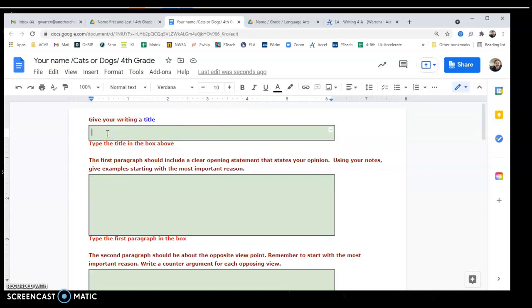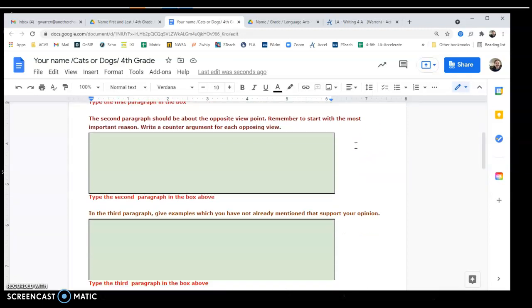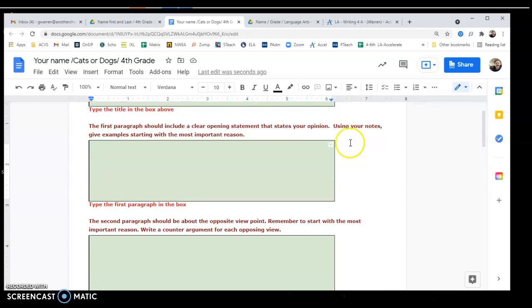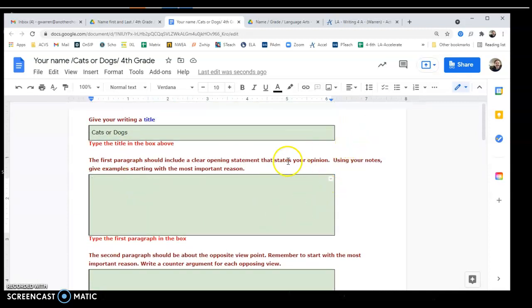Okay, when you put in your title, you can just put in cats or dogs, right? And you go on down each of these and you fill in the information. These boxes are just to give you prompts to help you with your writing. All right. After you've got it all filled out, one other thing I'd like you to do is right over